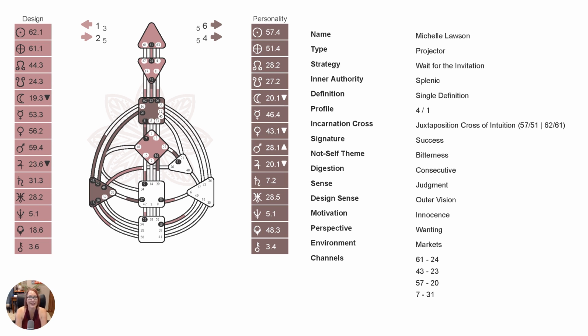And so for me, gates and channels and centers is where I like to focus because while we have shadows and superpowers in all these different sections, the type, the strategy, authority, our profile, our crosses, even though we have all of those, I find that for me, I like to get into the nitty gritty of the chart. And I will explain a little bit more about that when we talk about profiles. Mine is a 4-1, and I will talk about that, and you'll understand why I like to get into the nitty gritties of things.